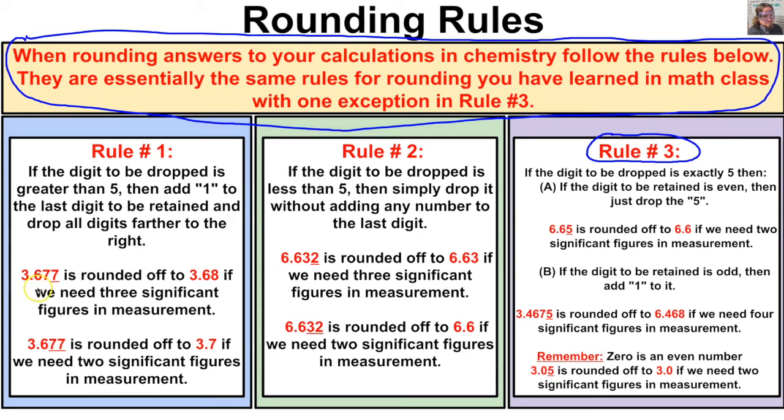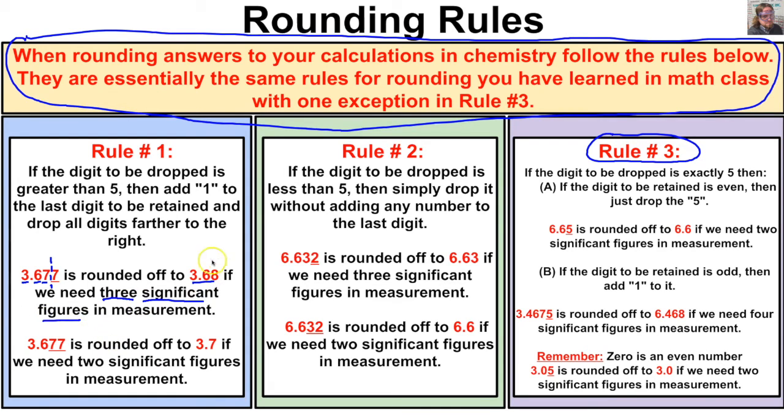So for example, let's suppose we have this number right here, 3.677, and we want to round this off to only 3 significant figures. So the first significant figure, if we start on the left, is right here, the second one is right here, and the third one is right here. So we're going to have to look one past our third significant figure, and we see that it is a 7. And so very similar to the rounding rules that you learned in elementary school, this 7 is going to round this 7 up to an 8, and we'll end up with 3.68 if we're asked to round this to 3